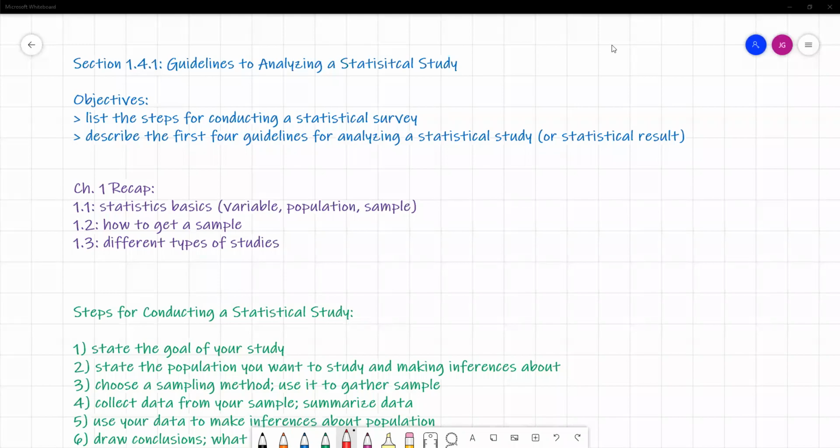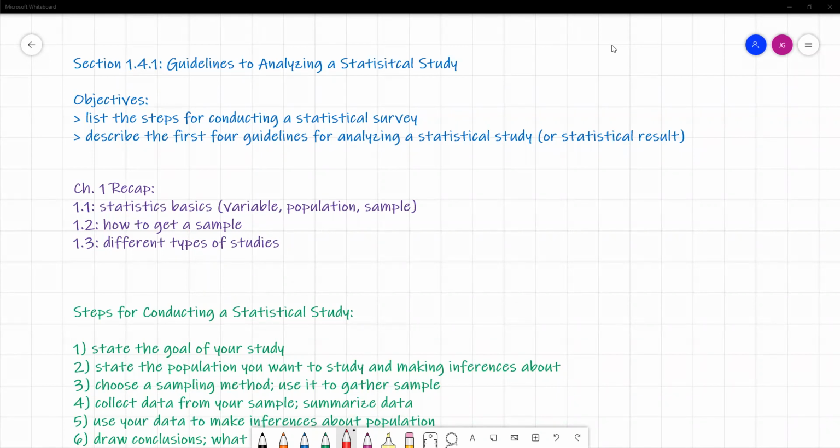Here is section 1.4.1. We're talking about guidelines to analyzing a statistical study. So 1.4 is kind of a beefy section, so we're splitting it up into two parts. I didn't really feel like making you watch a 40-minute video, so that's why we're going to cover it in 2 different days, okay? So our objectives for this section is to list the steps for conducting a statistical survey,